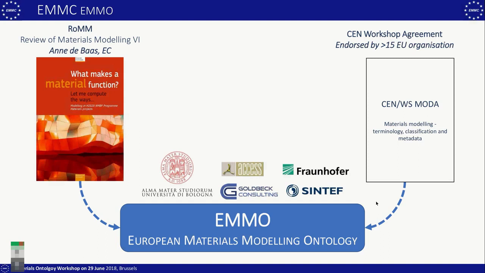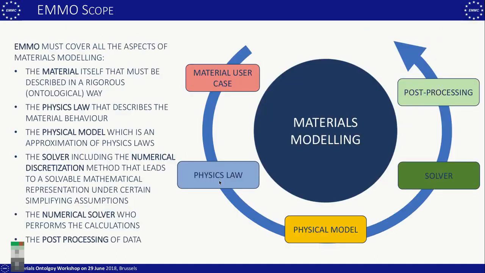So, as I told you, all these materials, all this previous work, these previous findings, we try to include inside the European materials modeling ontology. So the ontology should be a tool to represent in a standard way the material use case that we want to deal with. So our device, our material, our process, the physics laws that describe our material, our process, our device,